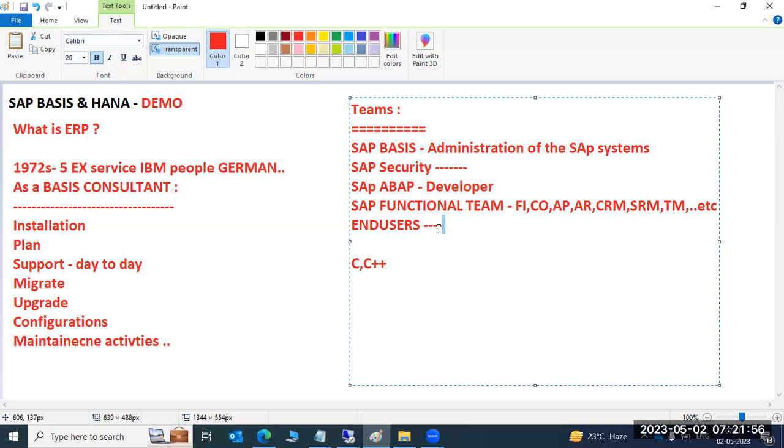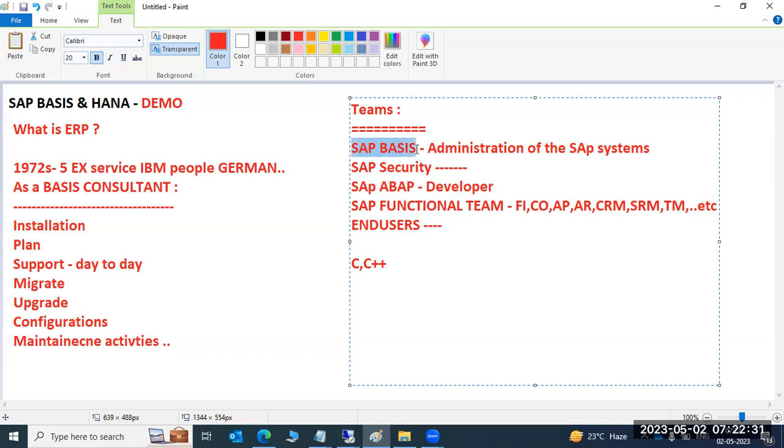So in the worst case scenario, if any recession or layoffs come, we are good. Why? Because every company requires a basis person. The basis consultant is required to maintain their business, to maintain their systems, and to give support.